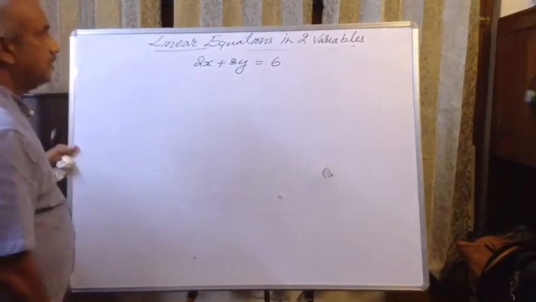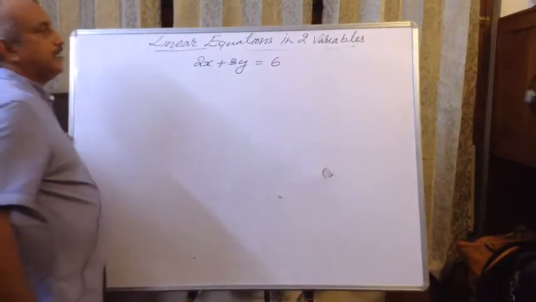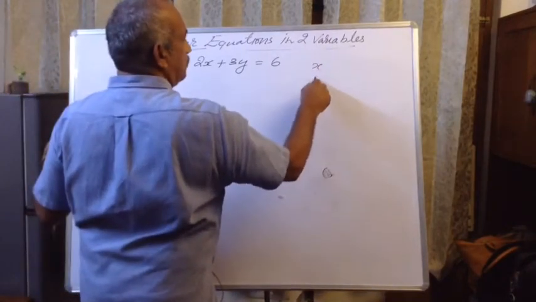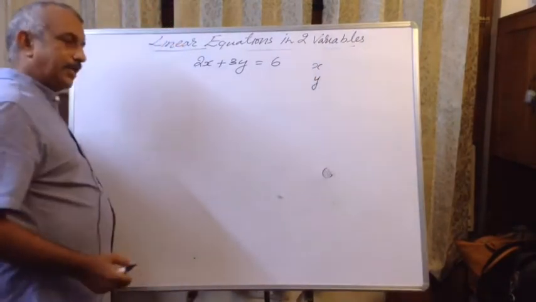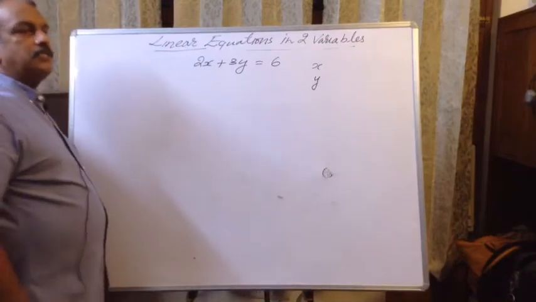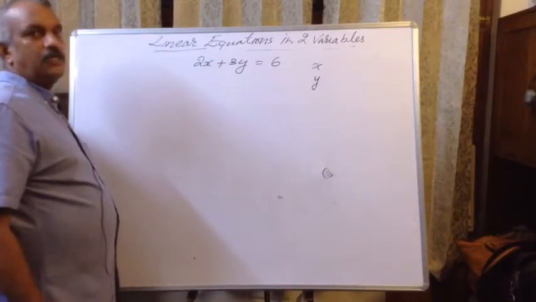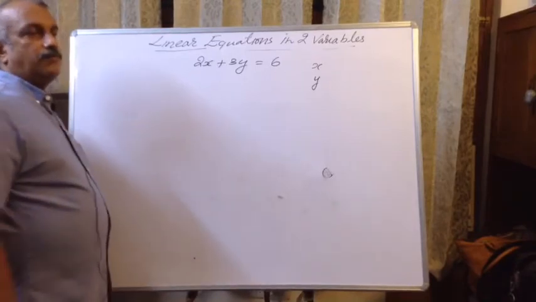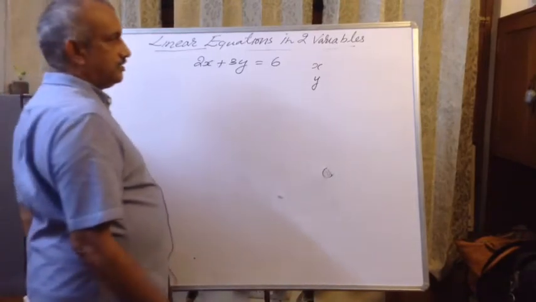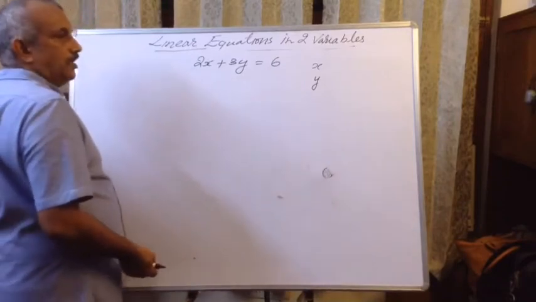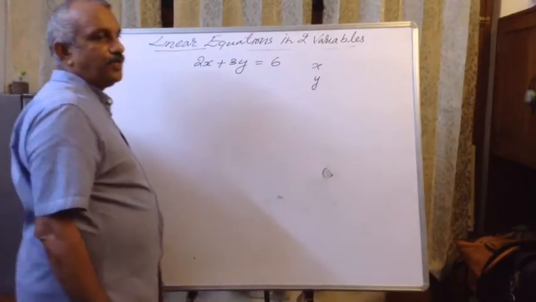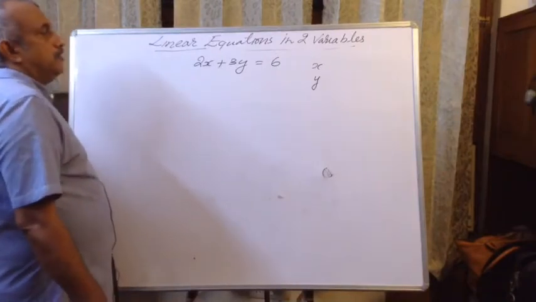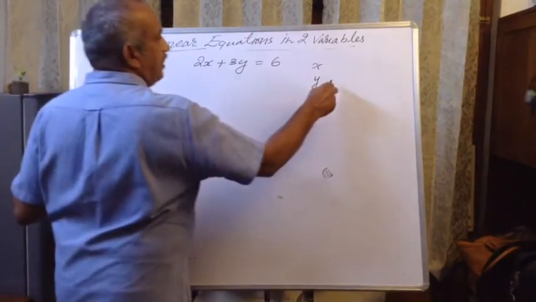Now in this case, you may have to do a little calculation to find the values of x and y. If it is a fraction like 0.5, 3.5 or 4.5, you can represent it. But if it is 7 upon 3 or 3 upon 7, it is difficult to represent. So if we can find at least two solutions in terms of integers, it is better. So first I am putting y is equal to 0.